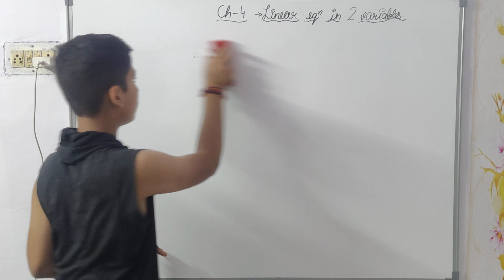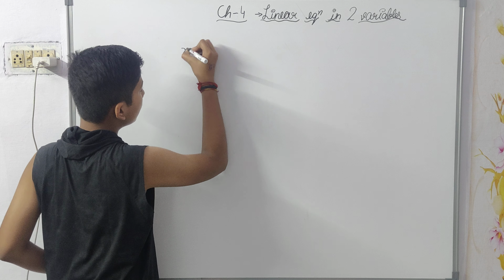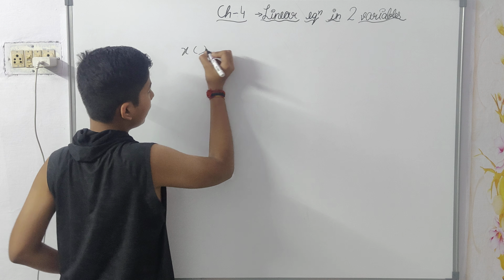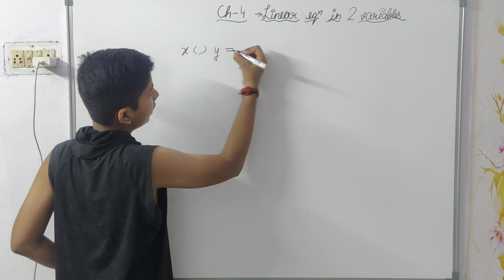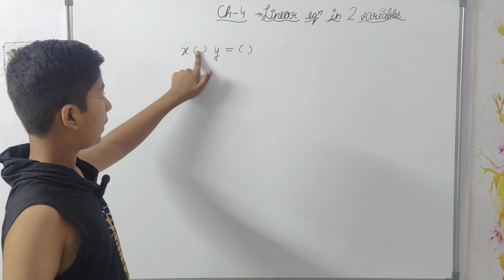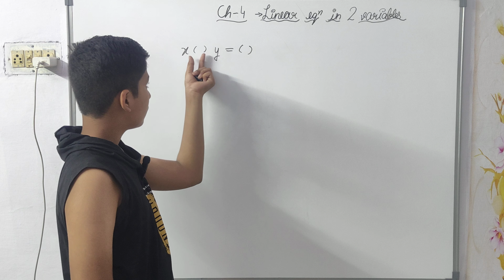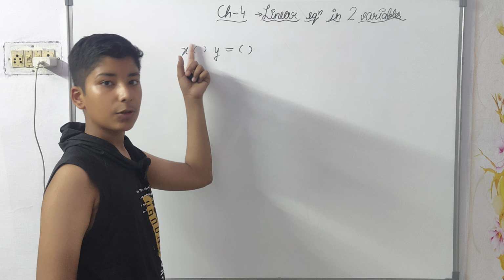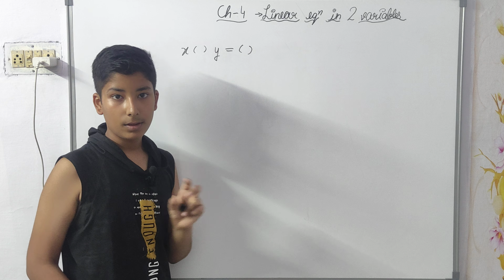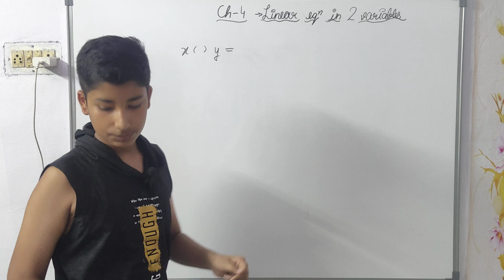Okay, so I'll explain to you. This is the main thing. And to write a linear equation, you must need to know x and any symbol over here, y equal to, and any number. Any operation can be plus or minus, not multiply or divide. In linear equations in two variables, the operation between x and y will be plus or minus. And remember that x will always come in front, whether it is minus or plus. And here you can write any number.